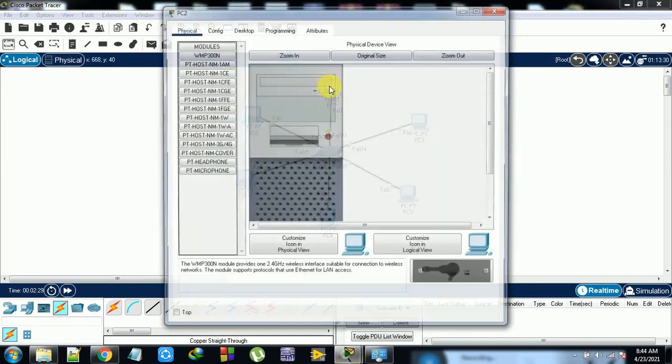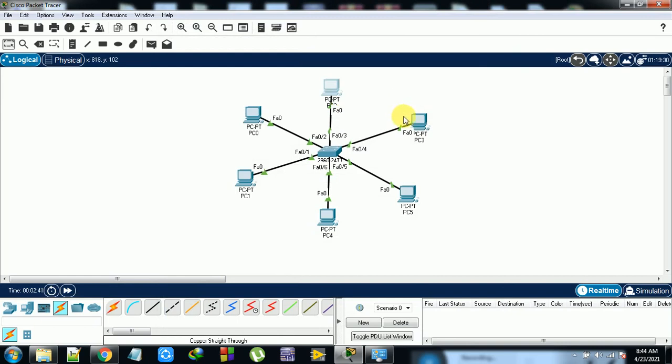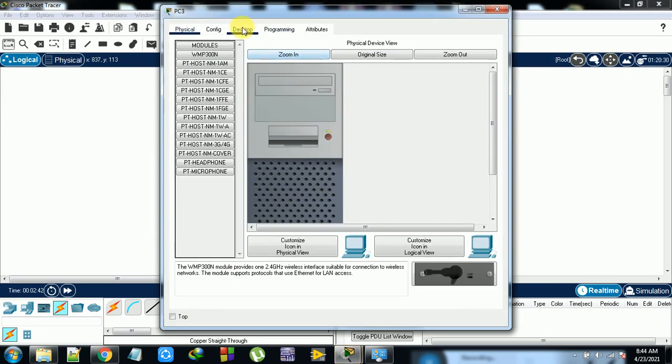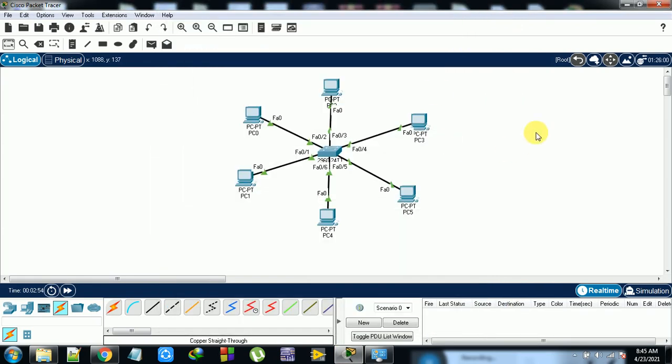This is the second one, in the desktop: 192.168.1.2. Then the next one: 192.168.1.3.